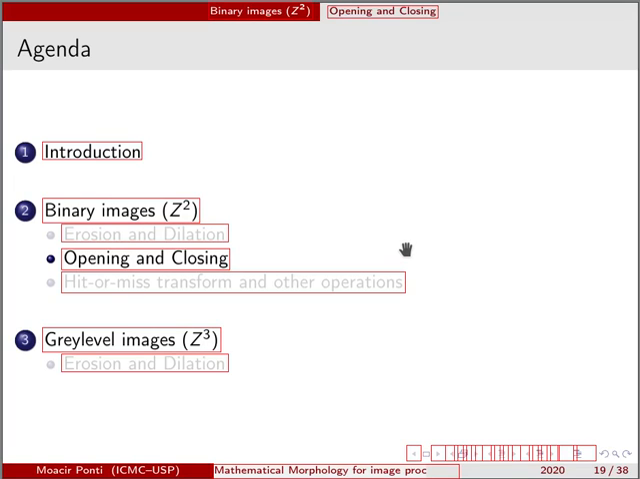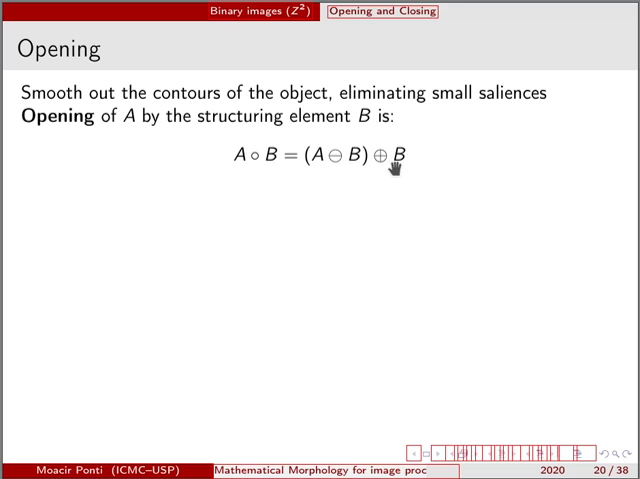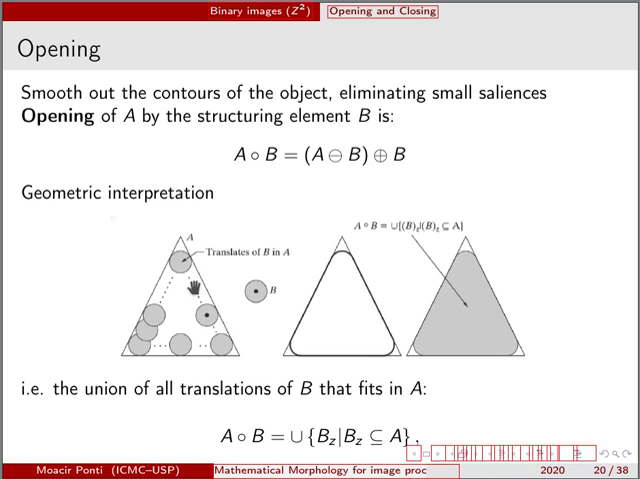By combining erosion and dilation, we can achieve different image processing techniques and algorithms. We are going to discuss some of them. One of the most remarkable are opening and closing. The opening operator is basically an erosion followed by a dilation. It smooths out the contours of the object, eliminating small saliences, and as we can see in this geometric interpretation here,